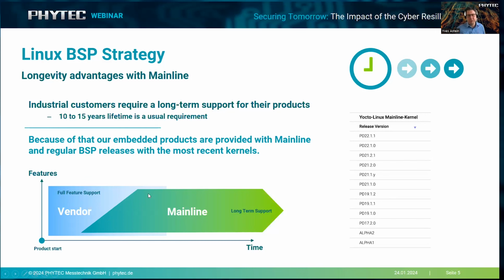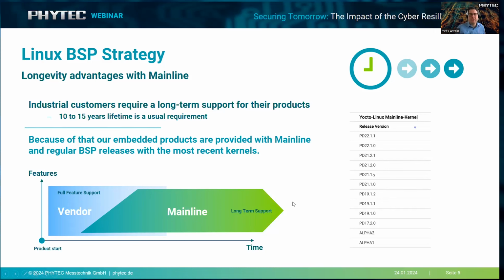And then what we do as PHYTEC, we switch to mainline, or at least have in parallel a release that's not just based on the vendor BSP, but also on a mainline BSP. And we do this because we think we can very easily continuously maintain the security of the operating system and provide nightly builds to our customers with the most recent vulnerability fixes.